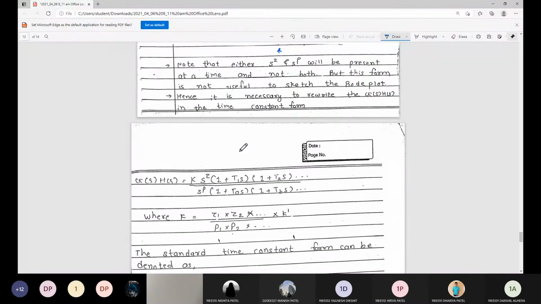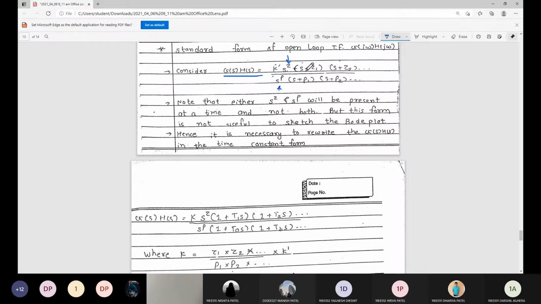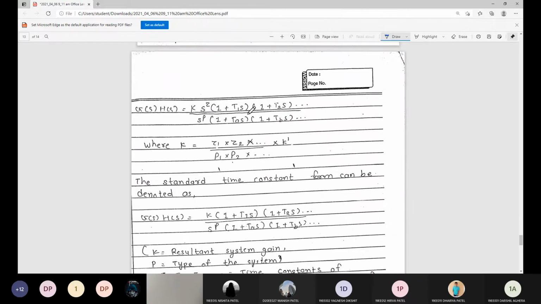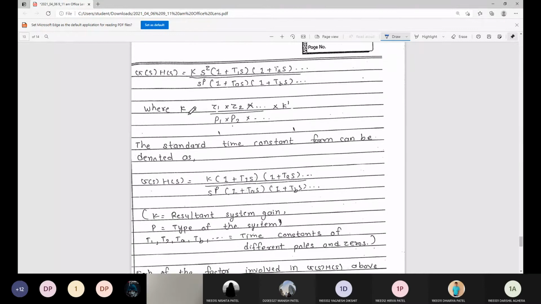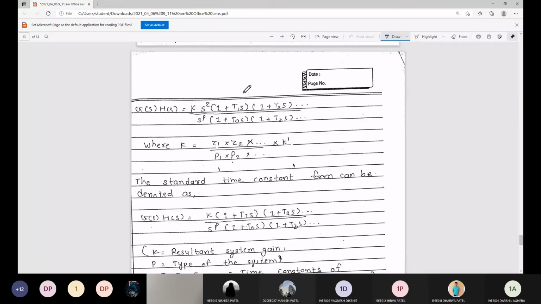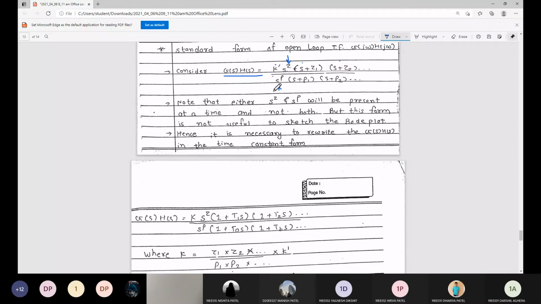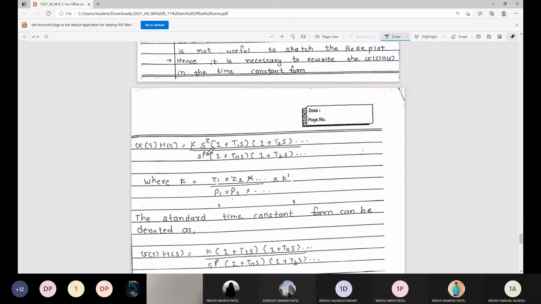Okay, what do we have to do? We have to multiply and divide by this value of z. Here I have multiplied. So it is equal to K is equal to z1 plus z2, okay, p1 plus p2 into K dash. The K dash which was here, so that is nothing but your K. So the standard form which will be used for drawing the Bode plot is this, that you have to remember.